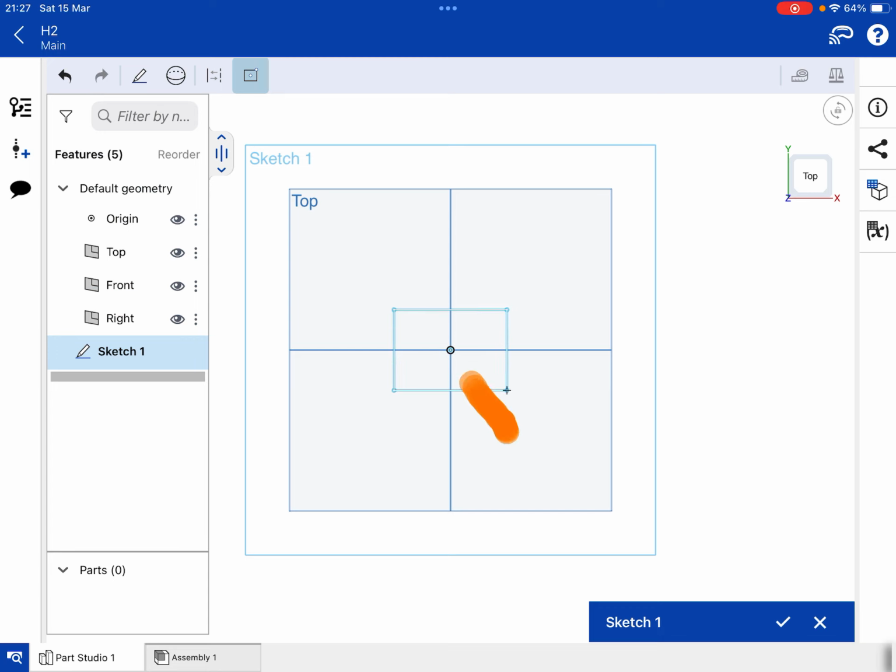So with a center point rectangle, you press where you want the center to be. In this case, I chose the very center of my design. And then you drag your rectangle out. Okay. So at the moment, it's just a rectangle with no dimensions attached to it,